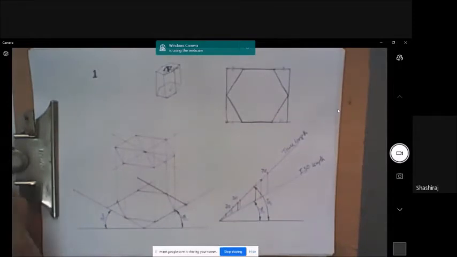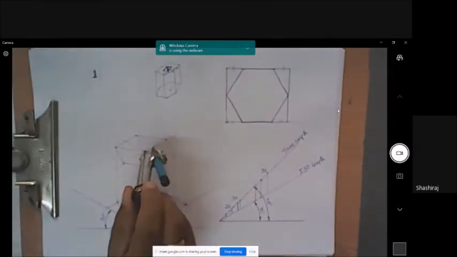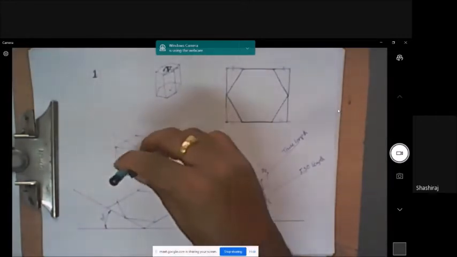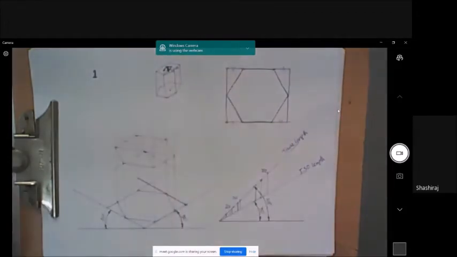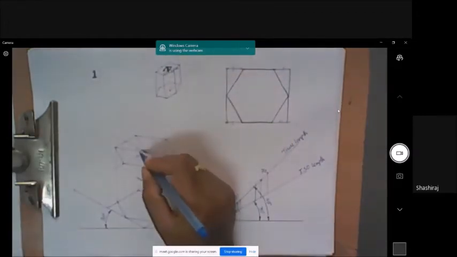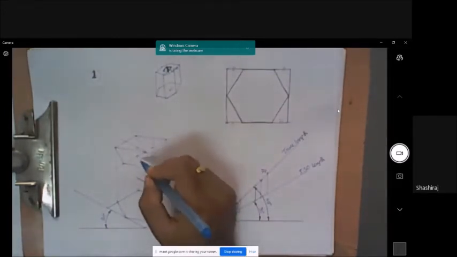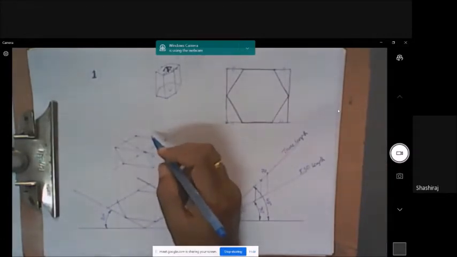ISO 10 will be obtained. This is ISO 10. I'll mark ISO 10 here, ISO 10 here, ISO 10 here, and ISO 10 here. So I got 4 points. So now the total distance is ISO 20. From here to here, here to here, it is ISO 20. Now I told you, don't join these points directly. The usual mistake that you make is you join these 4 points directly. That will not become a square hole.